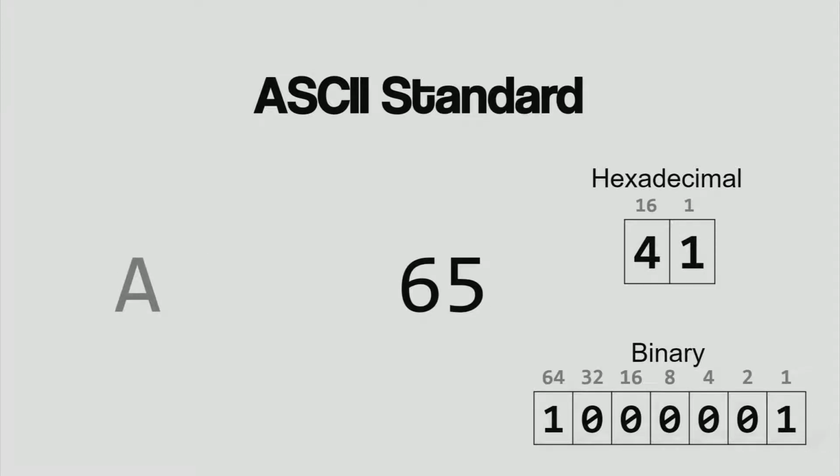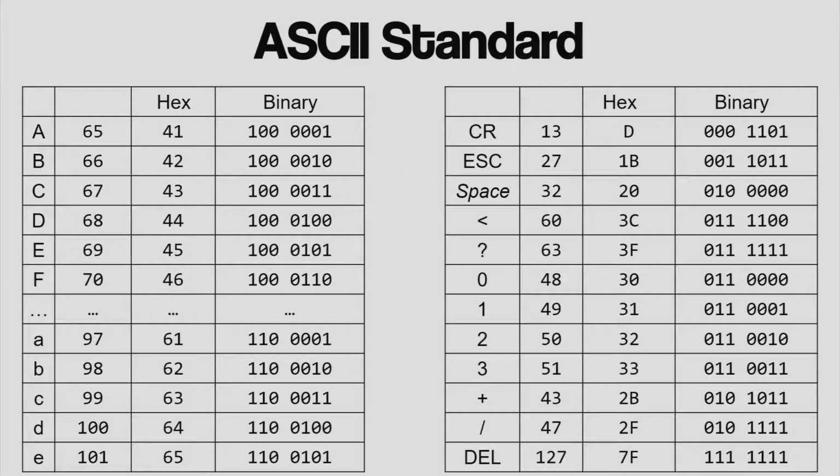To A, they assigned 65. It's just some arbitrary number. Someone was sitting down and decided, I'm going to assign 65 to A, like Morse code. B is 66, then C and D, and they also had different numbers assigned for lowercase characters A, B, and C. In fact, they had a whole specification that defined the English letters, also lowercase, some numbers,